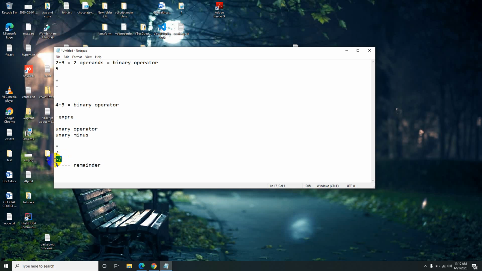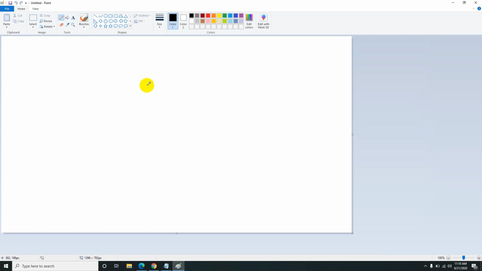When you do the integer division, whatever the remainder you will get, like let's say I am opening MS Paint, when you divide 5 by 2, if it is a decimal division, you will get 2.5, because 2 into 2.5 is 5, the remainder is 0. But let's say you are doing integer division, like 2 2's are 4, 1 is the remainder.